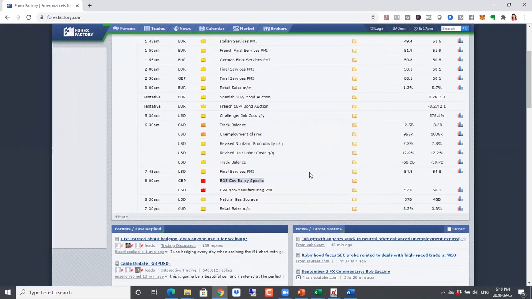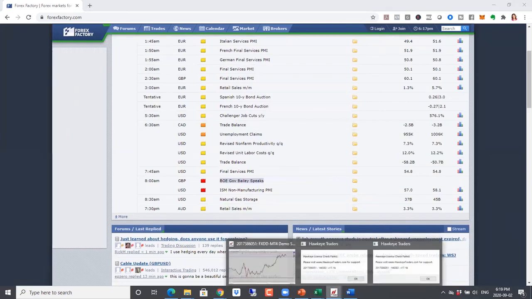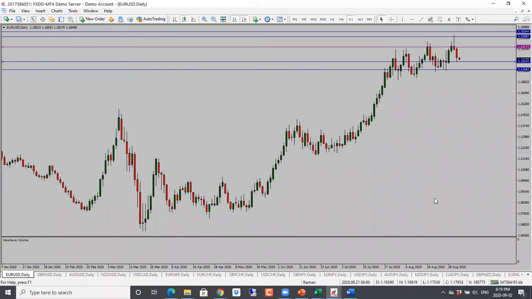All right, let's go to our charts here. As usual, we'll start off with euro dollar. Yesterday, we were looking for a drop in euro dollar. We got that nice drop. Now it still looks bearish. The only thing to keep in mind would be the support resistance level at 1.1824. If it doesn't go through, it can still go back up. But looking for a drop through this level.